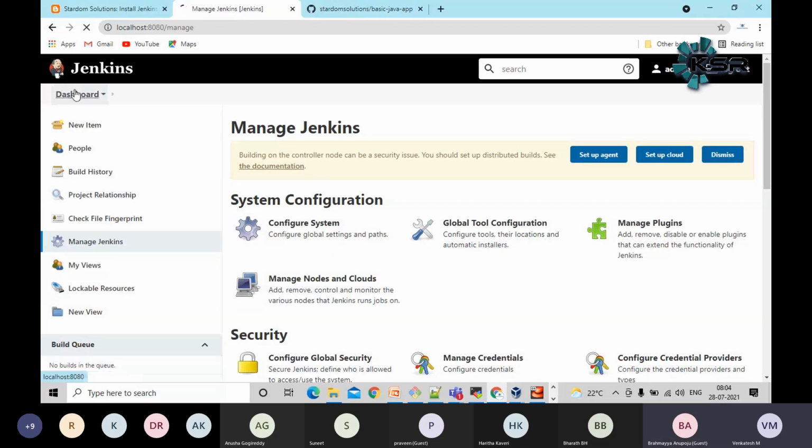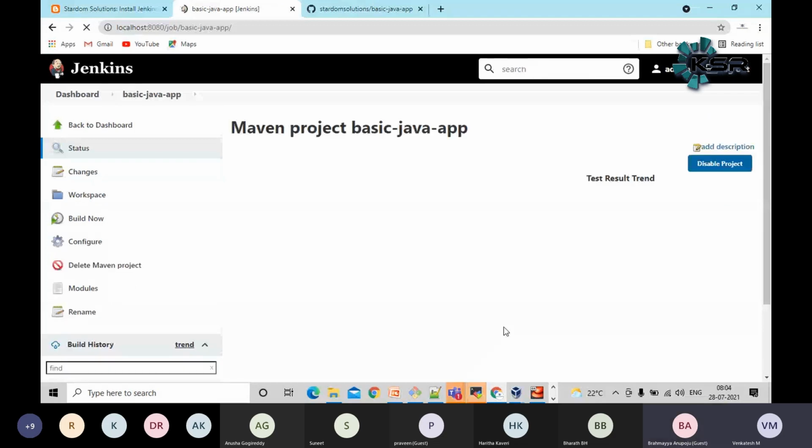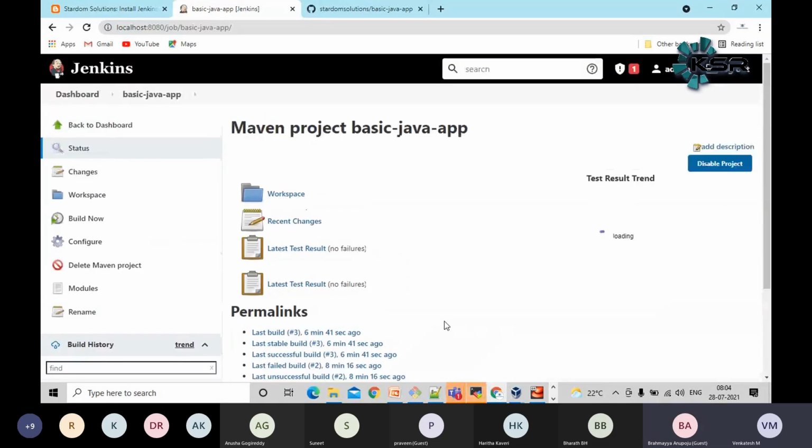If you want to create a Maven job, you need to follow the same steps. But here we are doing it manually; in real time we need to do pipeline as code. That also needs scripting, but it is a one-time effort, guys. You don't need to keep changing the code. Only one time you will write some script, and the same thing gets reused everywhere.